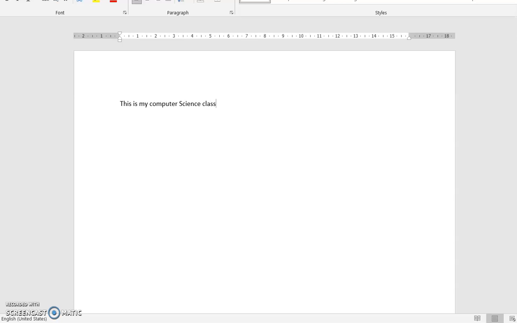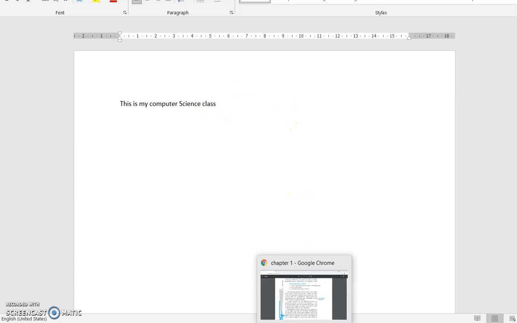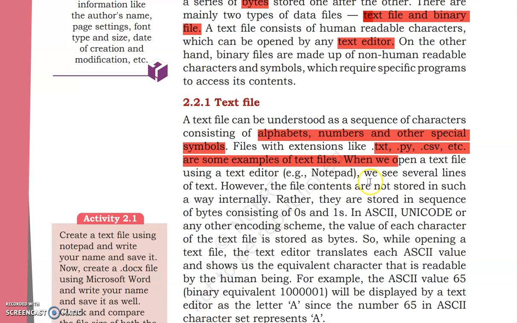Now the way you can see it here, this is not the way it is going to be stored in the computer. Okay, it will be stored in a different way. So this is what we are saying, that the file contents are not stored in such a way internally.